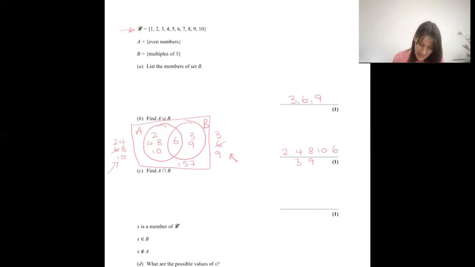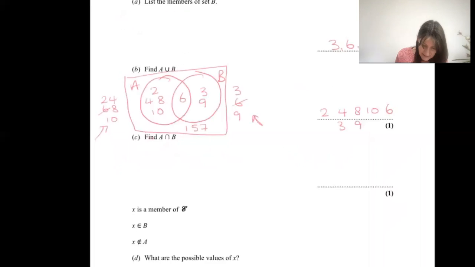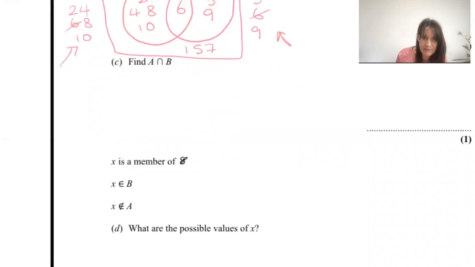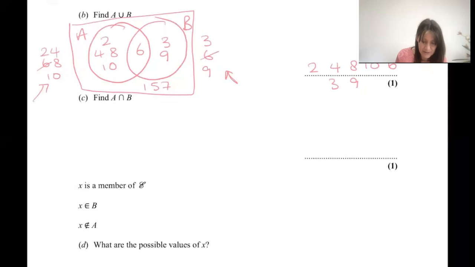It then says that X is a member of the set, okay? So I know that my X, whatever it is, it has to be one of these numbers, okay? It says that X is in B, but not in A. Can you see? I'll zoom into this now so that you can see the symbols a little bit better, but I still want my Venn. There we go. So my subset or my group B, it can be a member of, but because that's got